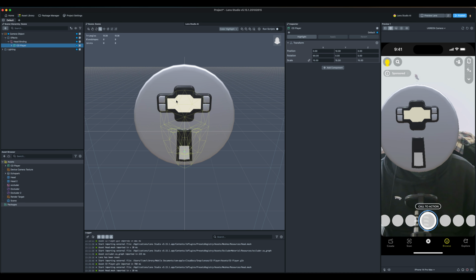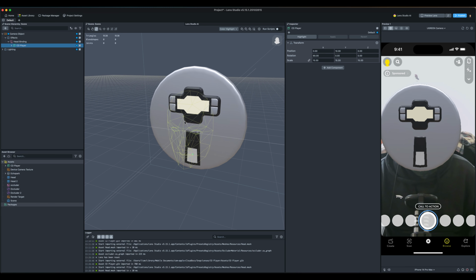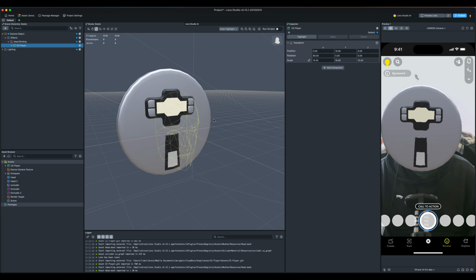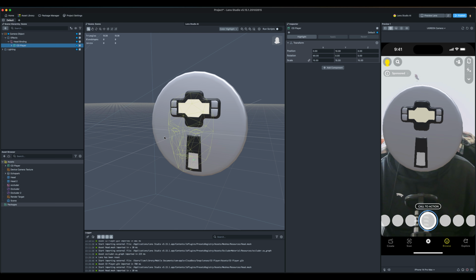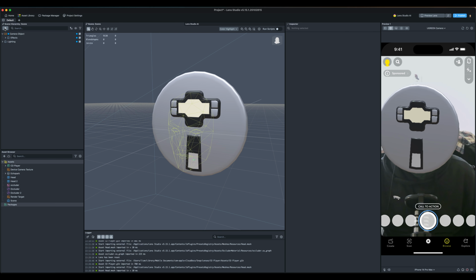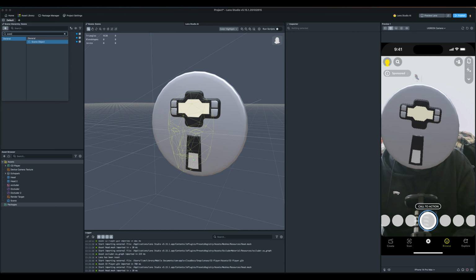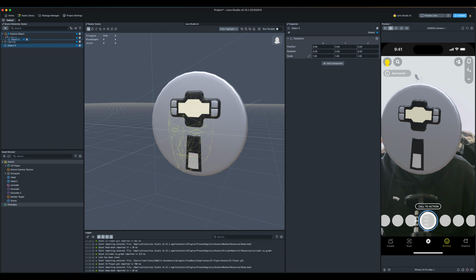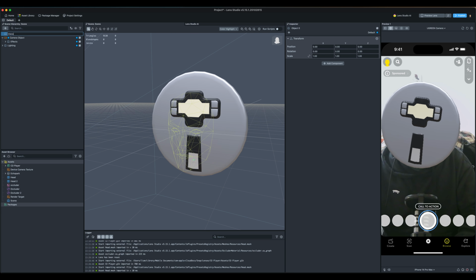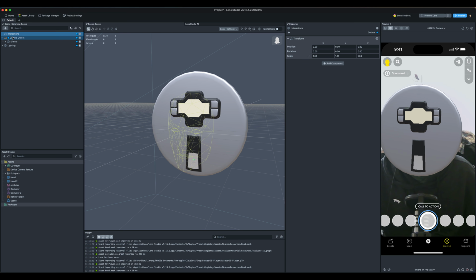You will see that the materials that we baked, we're going to have to bring those in separately, but I'll do that in a bit. The first thing we're going to do is add a scene object, an empty object, drag this up to the top, and this is where we change the name to interactions. This will have all of our scripts and everything in. We'll create another one under here, and we'll call this